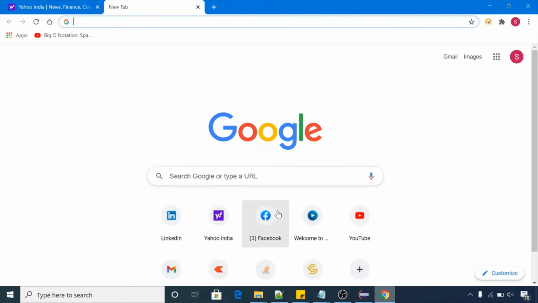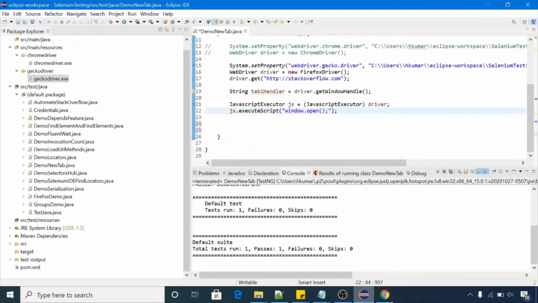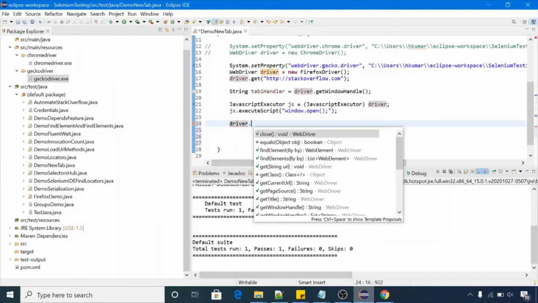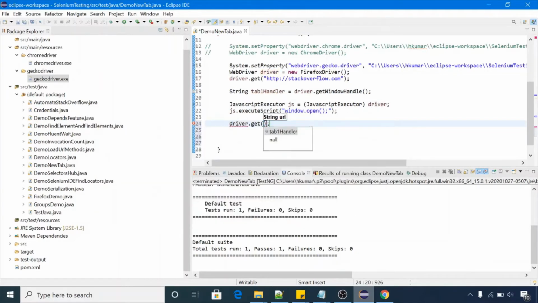First let me show you what happens if, after performing this JavaScript method, we directly perform driver.get and try to open yahoo.com. In the previous tab we had stackoverflow.com, and using this JavaScript code we open one new tab.